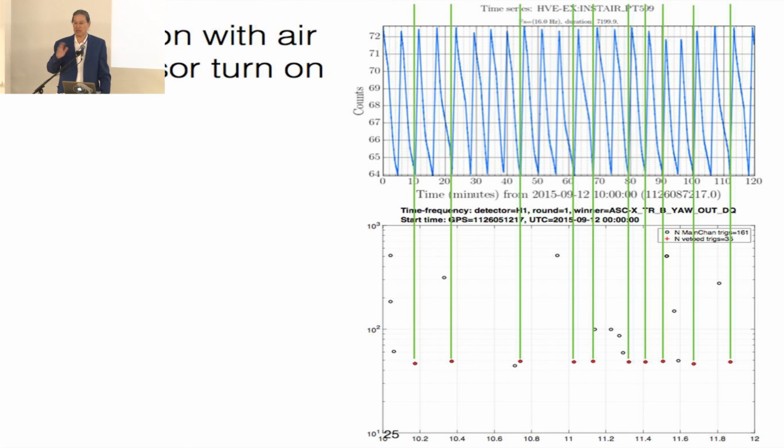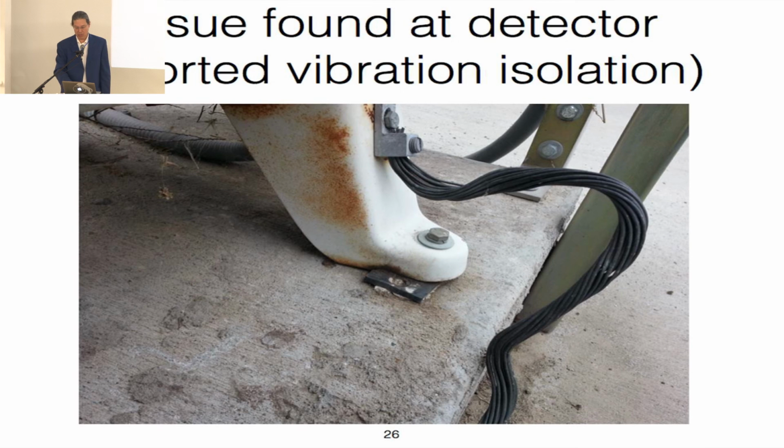So the detector collects lots and lots of data about what's happening. And in particular, each of these signals seemed to correspond to the time when a particular air compressor was turned on. So that gave them this hypothesis that there was something about the air compressor that was creating this noise. And sure enough, when someone went out to look at the air compressor, they discovered that a piece of the padding on the air compressor had broken down. So every time the air compressor turned on, it sent a jolt of noise into the system, creating the glitch.